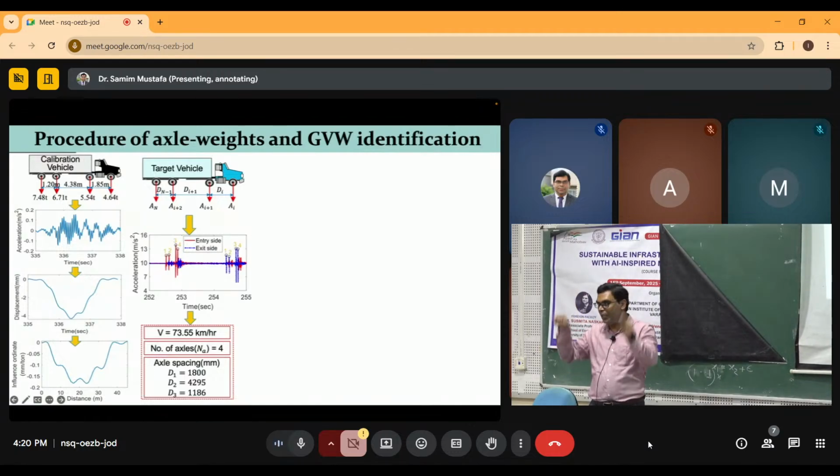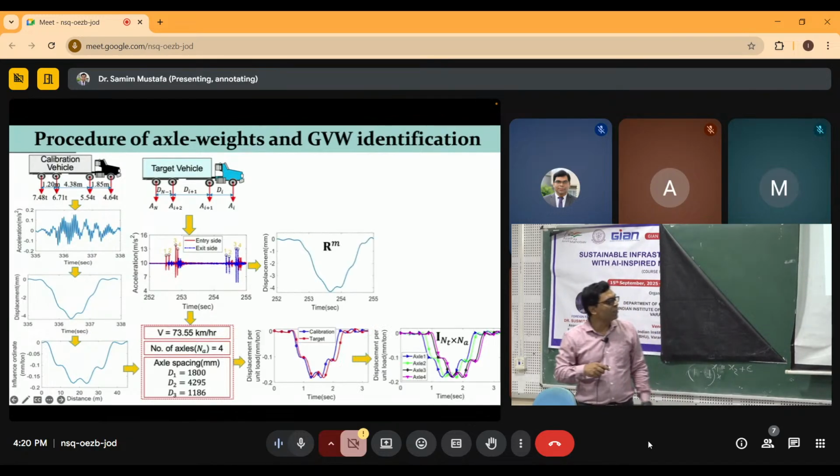construct the influence line matrix. For each axle there is an influence line vector in the influence line matrix. So these are the information that is required always. Then based on this you have the measured response due to this unknown vehicle, and from this information you can construct